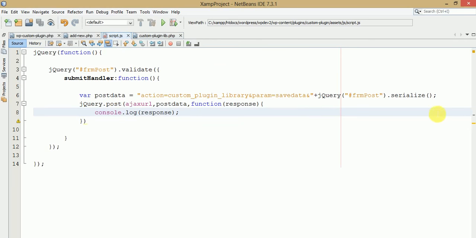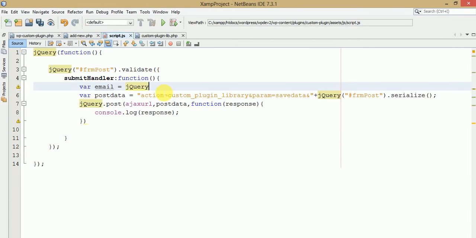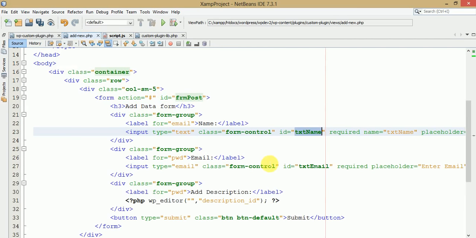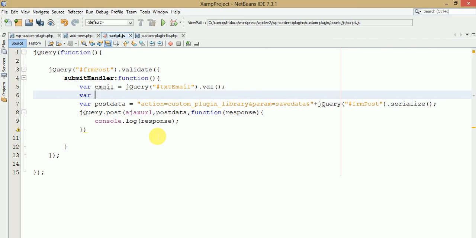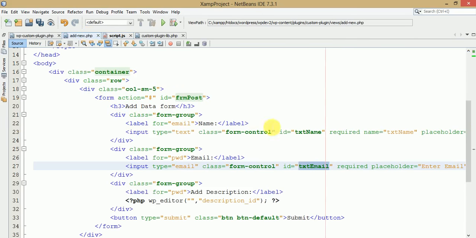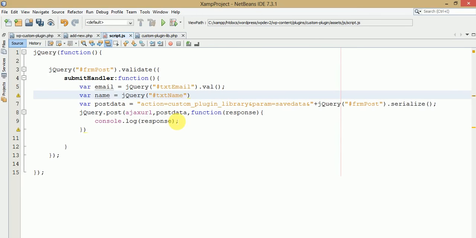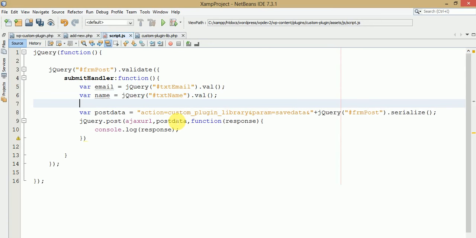Now we need to do something right here. If we want to pass the email, then write here jQuery, what should be the ID of email, let me check that, it's txt email, dot val. And name, jQuery txt name, I think, let me check that, txt name and dot val. And now for the description section,